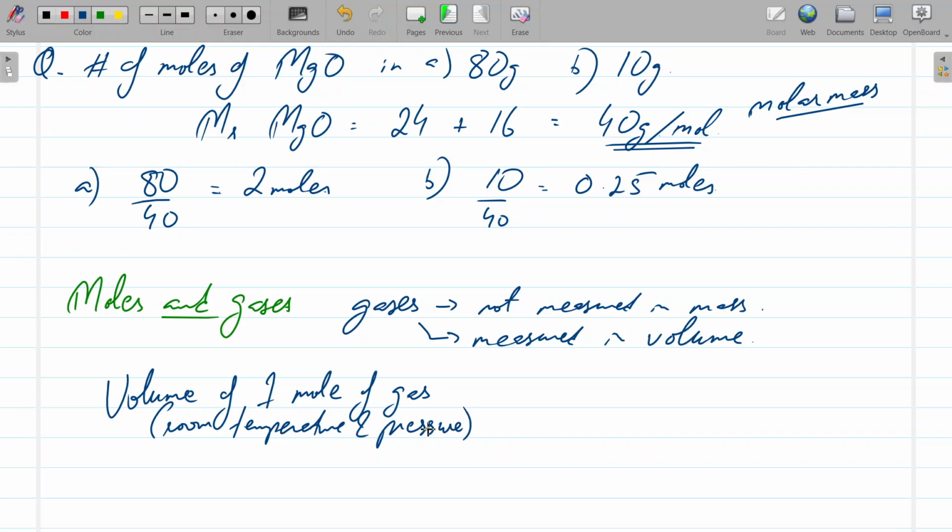And room temperature is 25 degrees centigrade. It sort of depends, 20 to 25, but you take it as 25 degrees centigrade. According to IUPAC at least, the International Union of Chemistry stuff, that considers 25 degrees centigrade to be room temperature. So you add 1 atmospheric pressure, which is normal atmospheric pressure. So 1 atmosphere and 25 degrees centigrade,